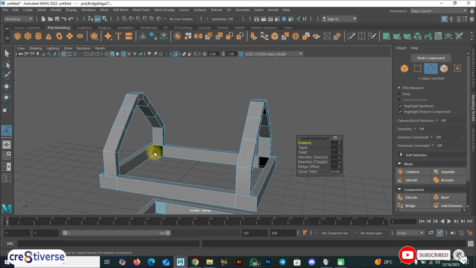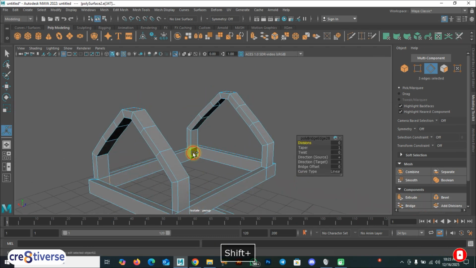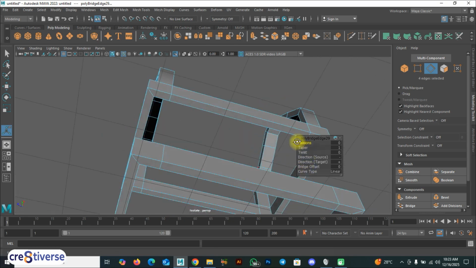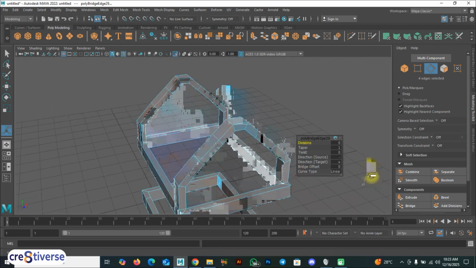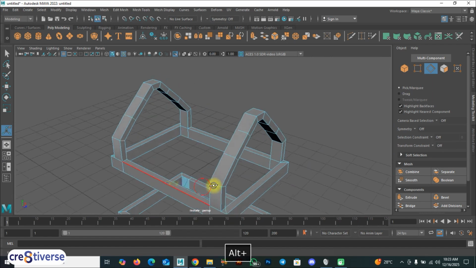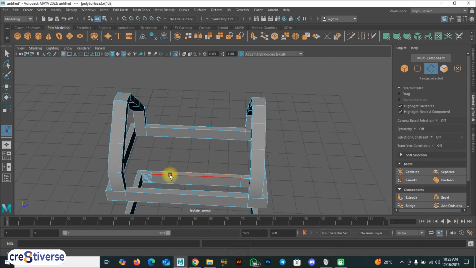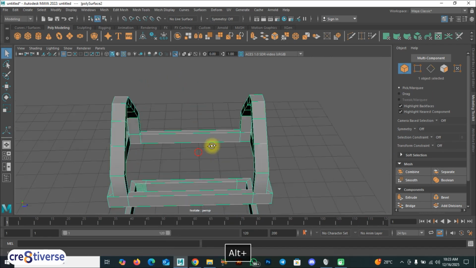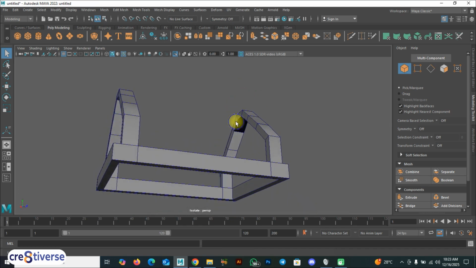Okay, we have some orders here. Alright, so I think we've successfully bridged every part that needs to be bridged. And object mode, this, okay, I think